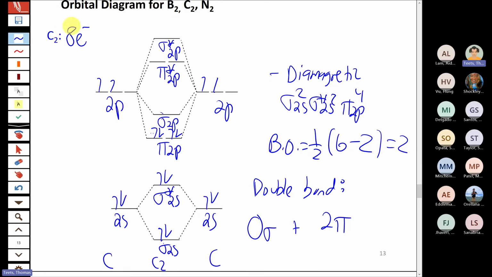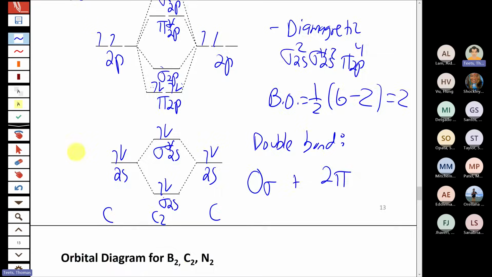But the molecular orbital diagram will predict that it's actually 2 pi bonds being formed, because the sigma orbitals and sigma star are both filled. The only net bond comes from the pi orbitals. So again, some different predictions we can get. The important things are the magnetism, the configuration, the bond order. We're not going to ask you too much about bond types, but you should be a little bit familiar with it. But that's what we get for C2.